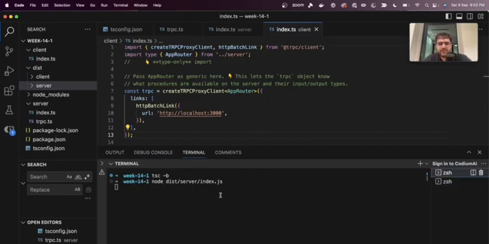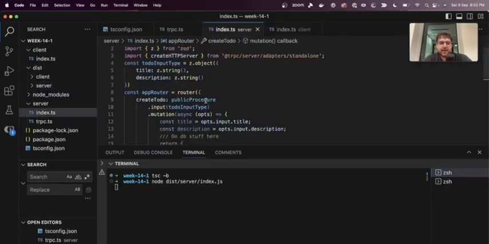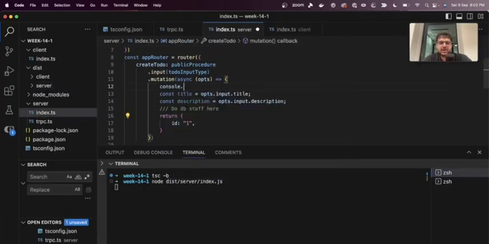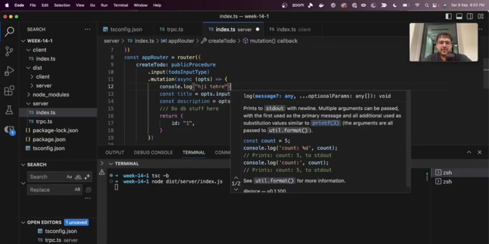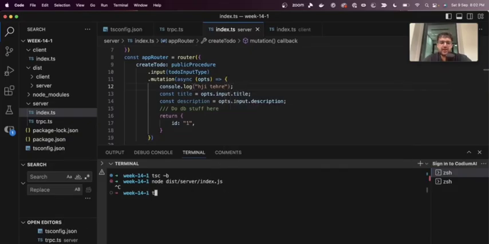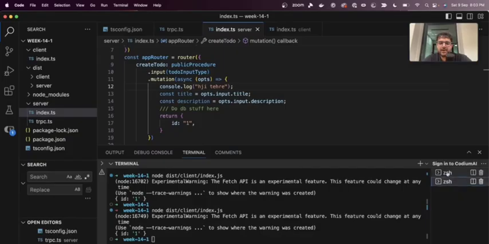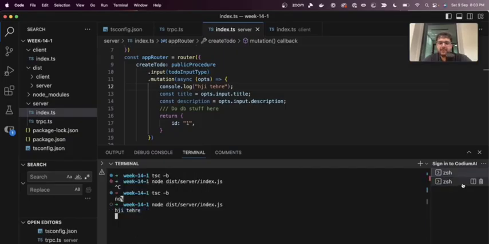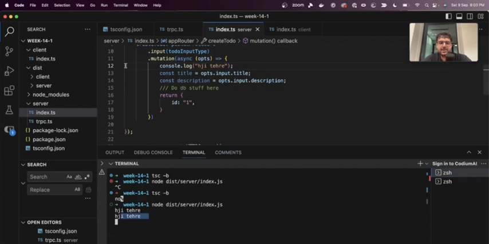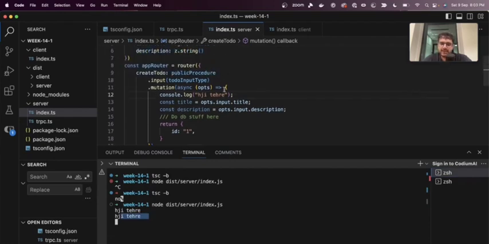If I go back to the server, if I add some logs here, let's say console.log hi there, you will see that thing logged here if I recompile the code. Run the client again, and I see hi there. Every time the client does a call, I see hi there logged, which means control is indeed reaching here. And all you had to do was this,